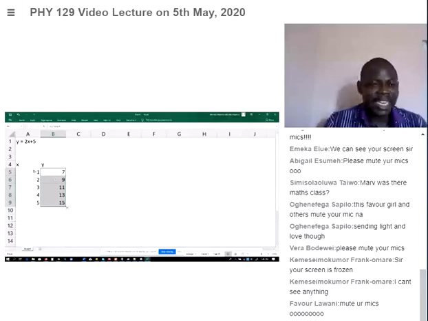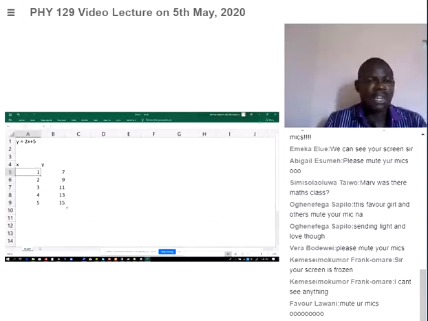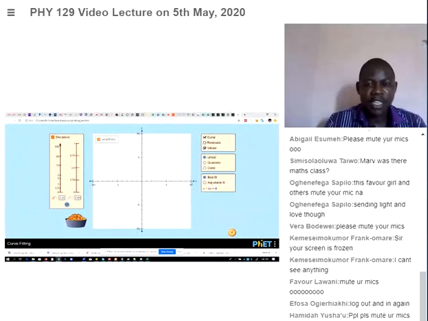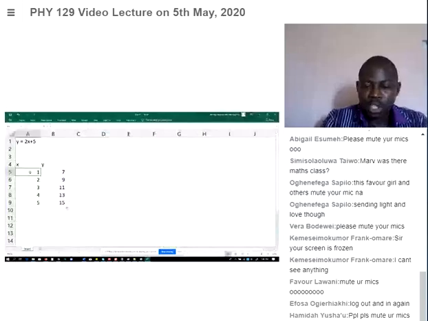Then very quickly, I need to change this value, because let me show you why I need to modify the value of my X and Y. Now, the maximum value I have on this graph is 10. Are you with me, everybody? Yes, sir. For us to be able to do this well, I need to change this from 0.5, then this one becomes 1, 1.5, 2. So once I do that and I drag it down,